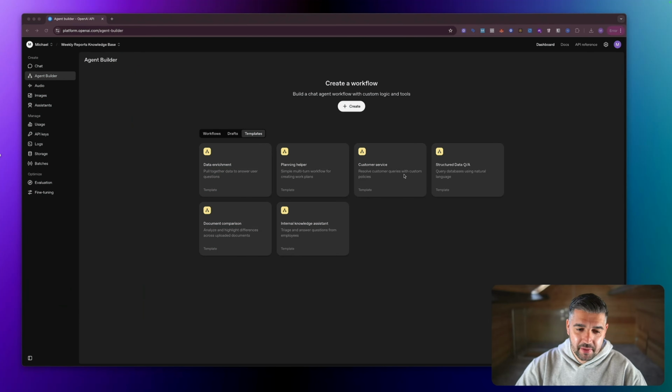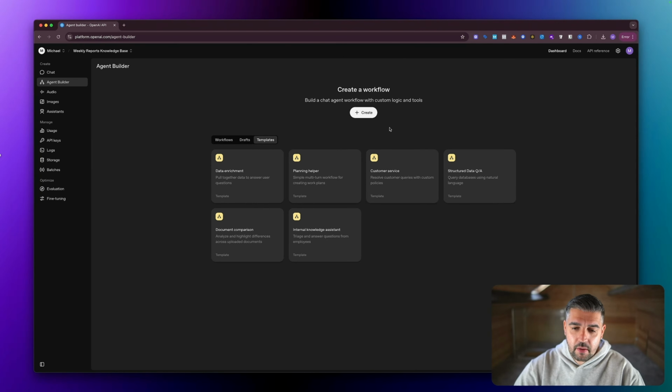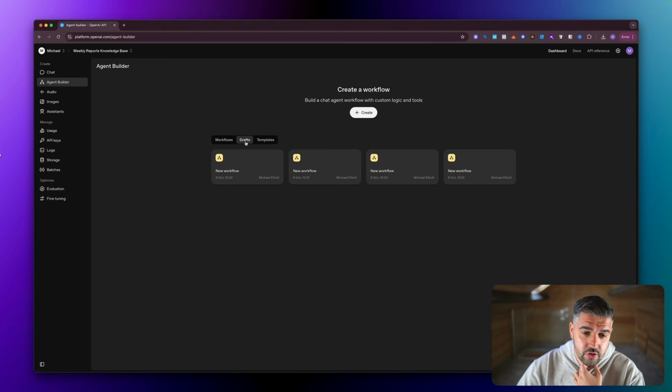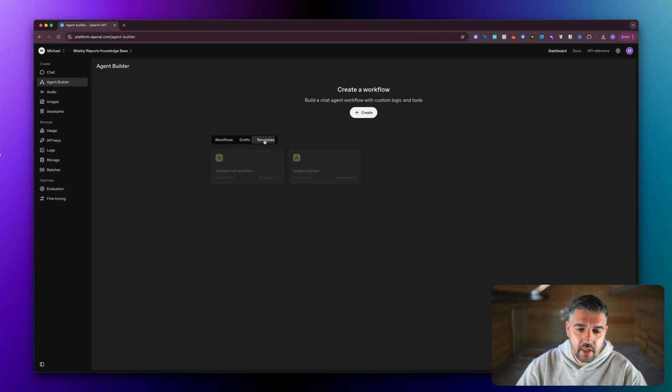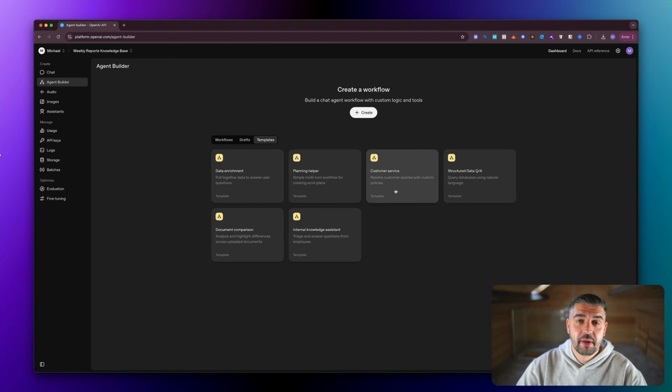Let's jump in. So this is OpenAI's Agent Builder. I have it in dark mode. You can have it in whatever mode you want. But when it comes down to simplicity, I don't think you would argue with me that it's as simple as it could physically possibly be in terms of structure. You've got a create new workflow button here. We've got workflows, drafts, and templates. Drafts are a few drafts I was working on this morning. Workflows are workflows that I've published. And templates are obviously templates that have been created by them. And that is where we are going to start.